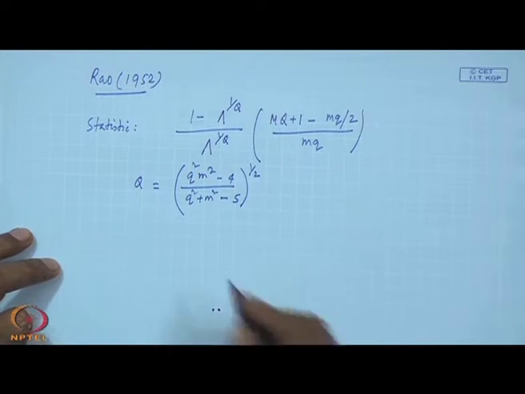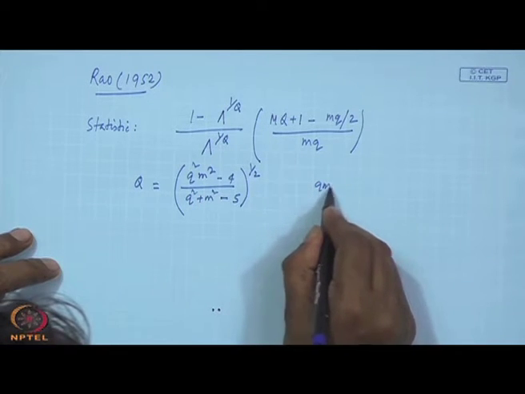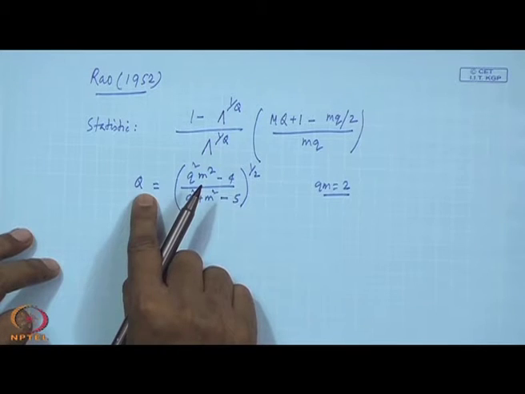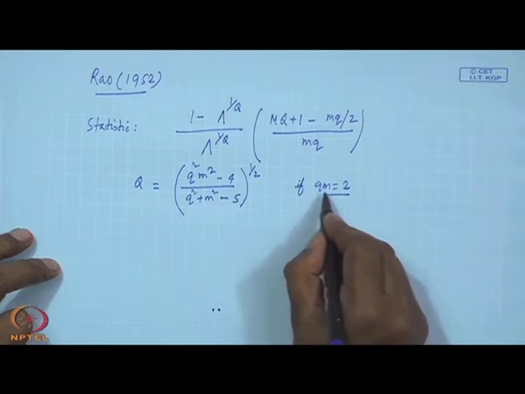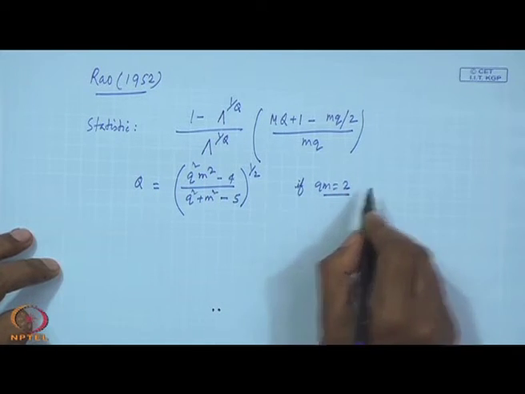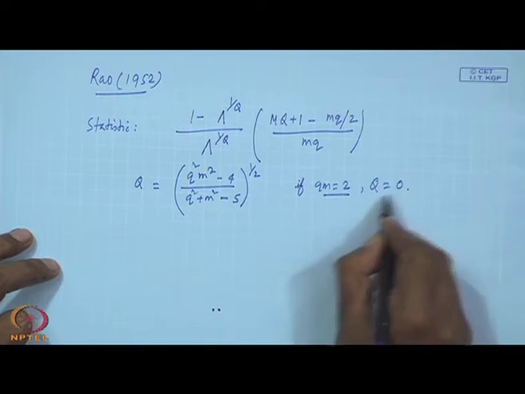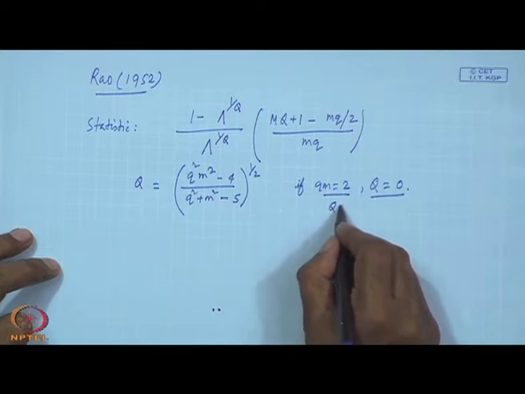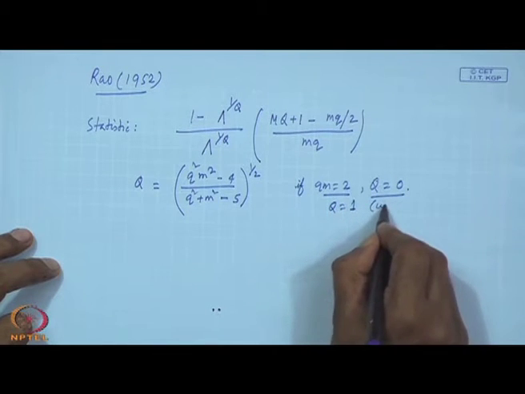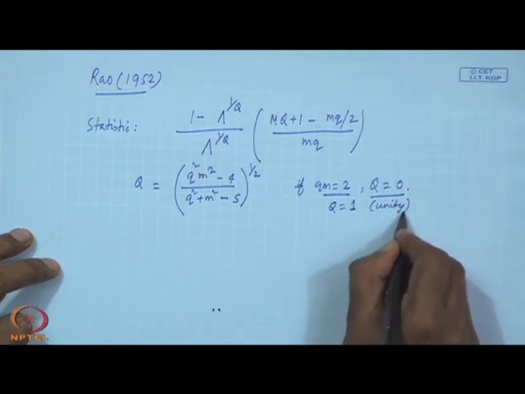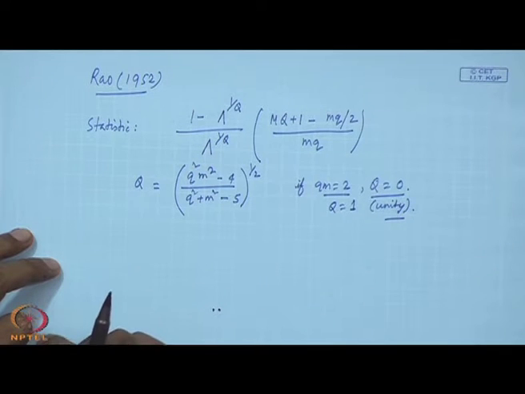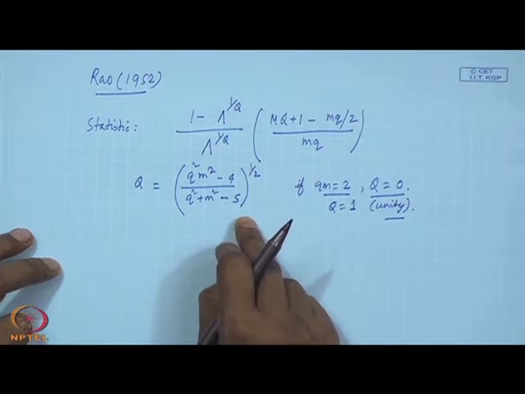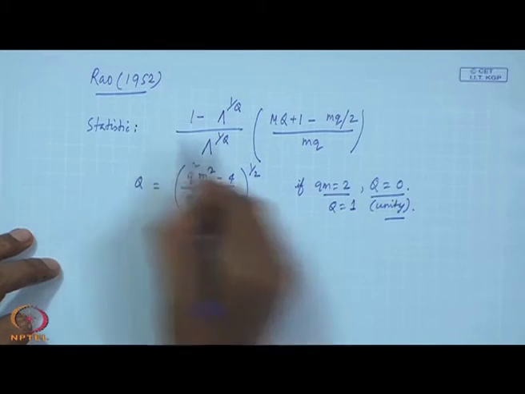Okay. So, please remember, if qm equals 2, this quantity capital Q becomes 0. If small q into m equals 2, then capital Q equals 0. Under such a condition, you have to consider q equal to 1, unity. In other cases, no problem, fine. So, you first find out this statistic.